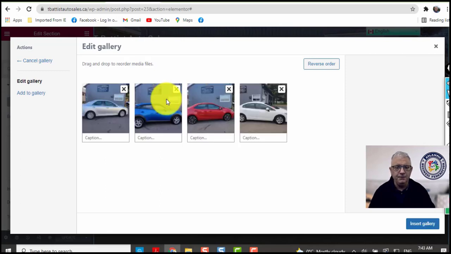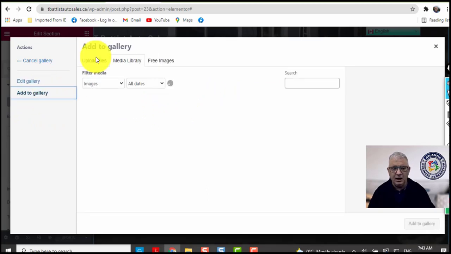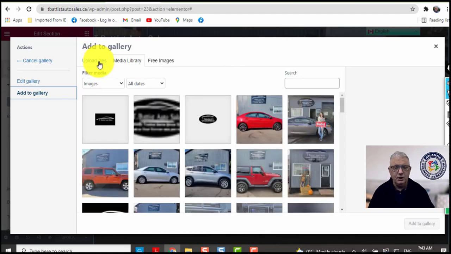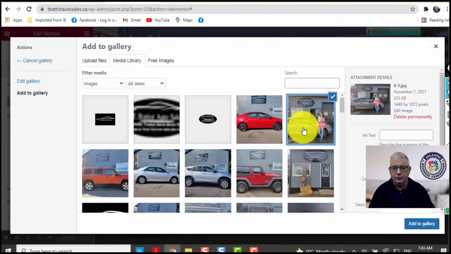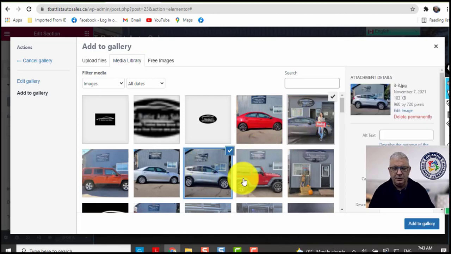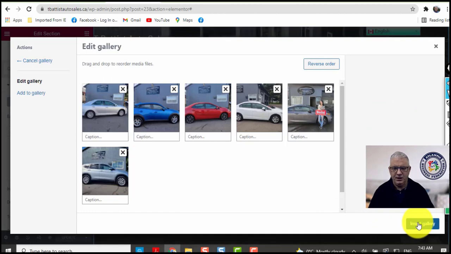So you can either add to the gallery by simply clicking on and going to your own computer. So you can upload from your computer. Wait for this to load. So you would click on upload files from your own computer, but we've already uploaded some pictures, so we'll just use those. So we'll just add a couple more pictures, add those to the gallery, insert the gallery,